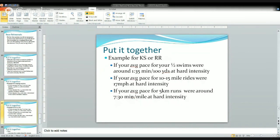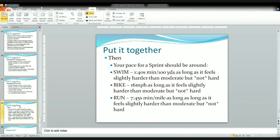Then take example of any key sessions or race rehearsals. Let's say you did some key sessions, a swim to bike or a bike to run, and the average for some of those swims was around, let's say, 1:35 per 100 yards, and this felt like a hard intensity because you were trying to push it. Maybe for your bike rides between 10 to 15 miles, you averaged a little bit faster speed, and that felt like a harder intensity. And running, you pushed a little bit harder, and you were probably around 7:30s, which felt like a hard intensity. You make a note of that, and then this will help you determine